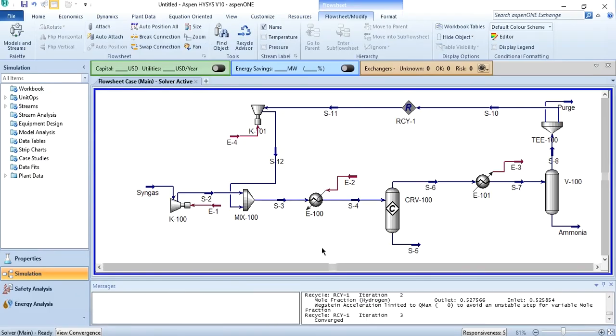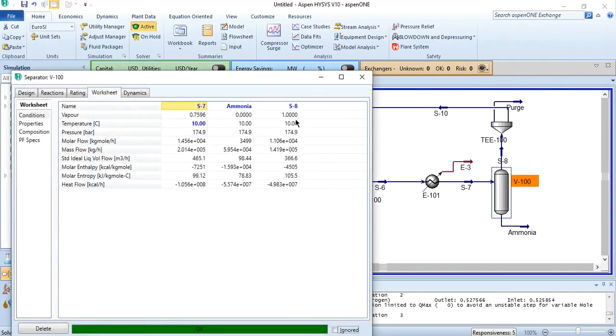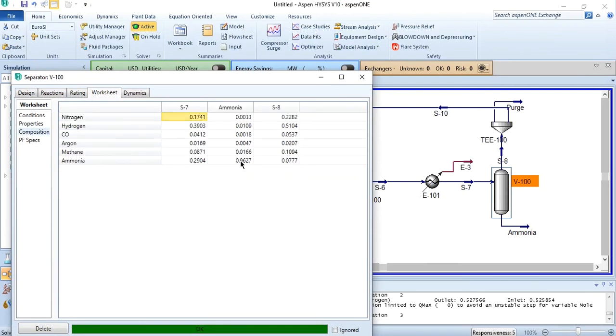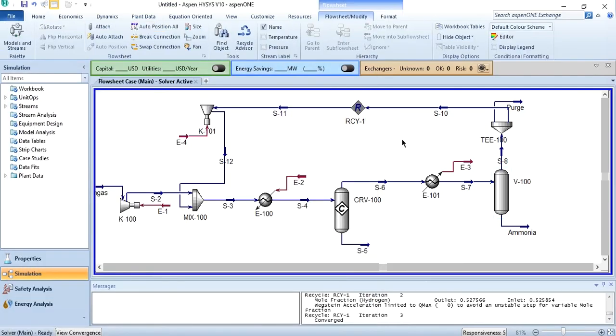Now we will see what is the improvement. For this, we go here. As you can see, earlier the molar flow rate was 1105. Now the molar flow rate has increased and the purity is 96.27%, because earlier it was higher than our requirement and now it is under our requirement, as this design should produce about 96.2 to 96.3% ammonia. If you change the specification, it will provide some different results.